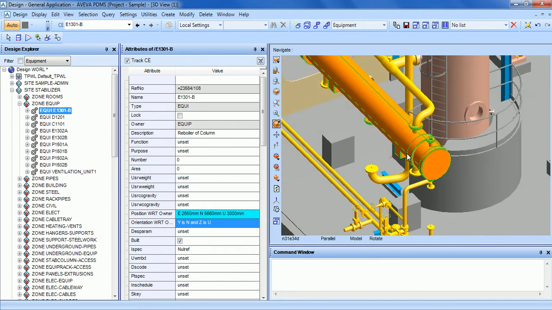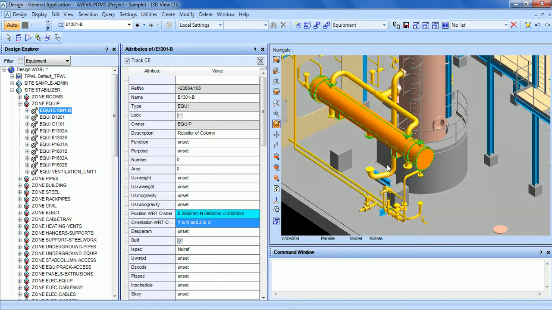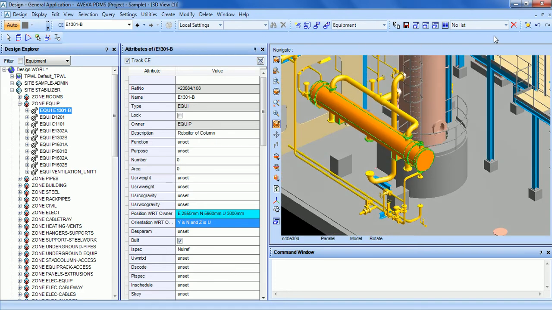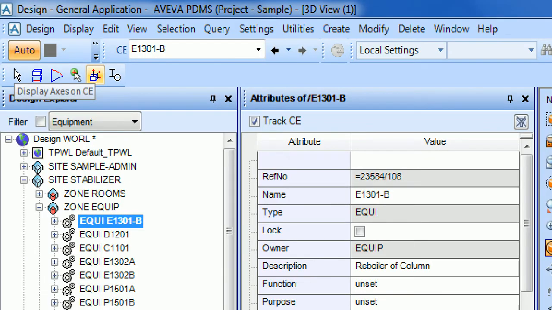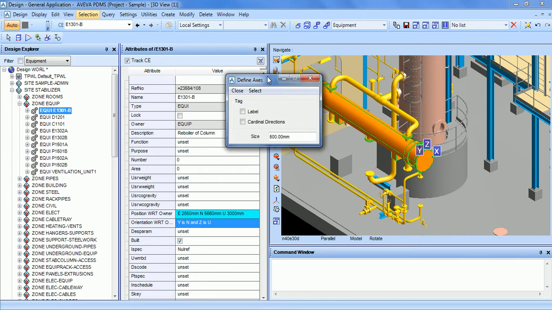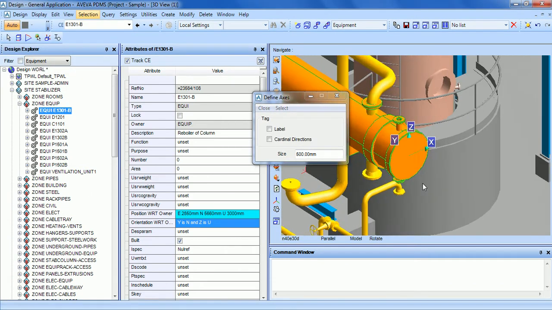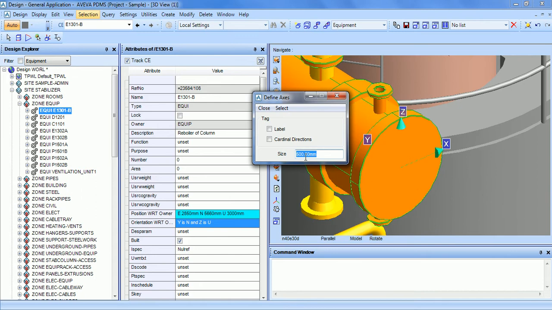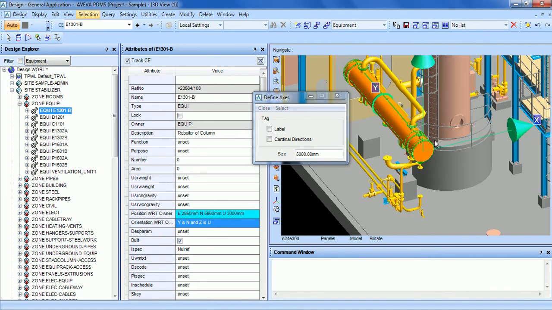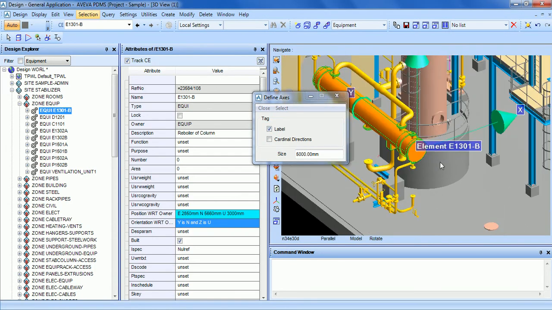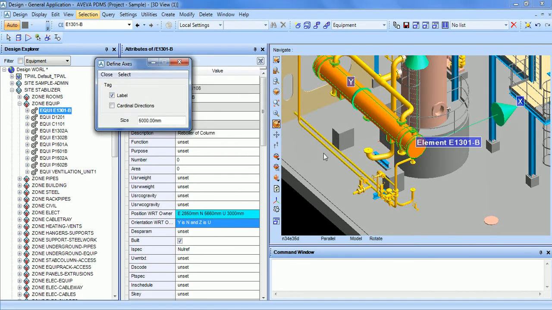Okay, so what is the origin of the equipment? If you click here, display axis on the CE, you will get this window, and here is the origin. You can resize the axis, put a label, and now it would be worth to show the world axis by this icon.